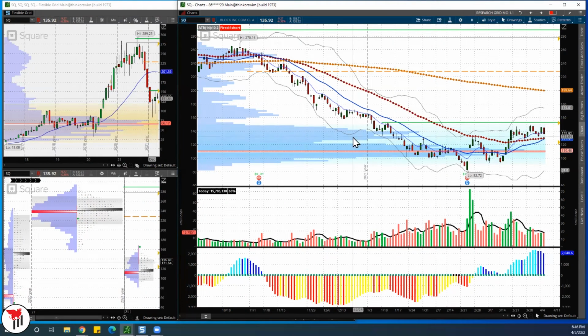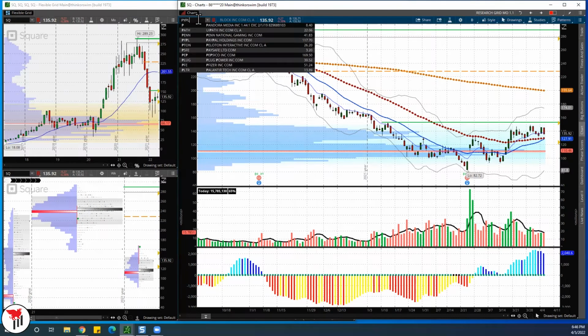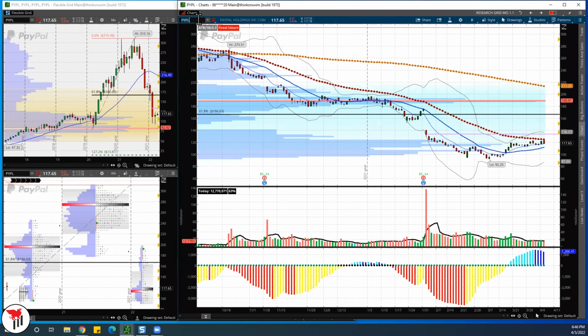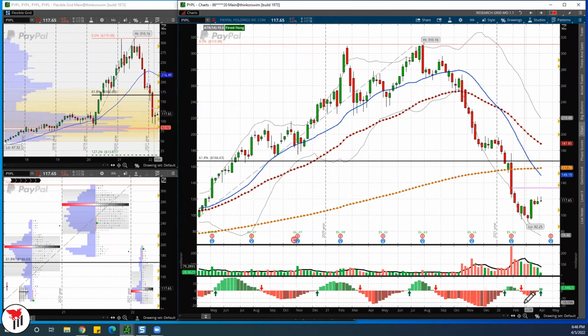And then we can discuss probably the 199, 200. So that's square. Let's check PayPal. I was looking at that one today too, because this is a different pattern, right? This is just the first attempt to break the downtrend that we have. You don't see the downtrend, let's see it right here, right? So this is a weekly. So this is a downtrend, short, all that you want. Now here we're into trouble.